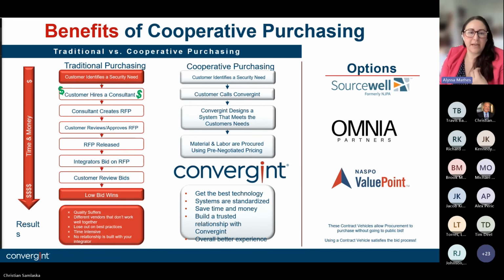And basically this is a pre-competed bid system where Convergint has competed to these groups to be listed as a reseller of different equipment and our labor on their contracts. So you can use these contracts to supplement the bid process. The reason I bring this up is obviously there's a pretty short timeline, especially with the lead times to consider for certain equipment, to get these systems in place so that you can comply with TSA's mandate. And so this is a great way to be able to supplement your bid process, move quicker, more effectively,